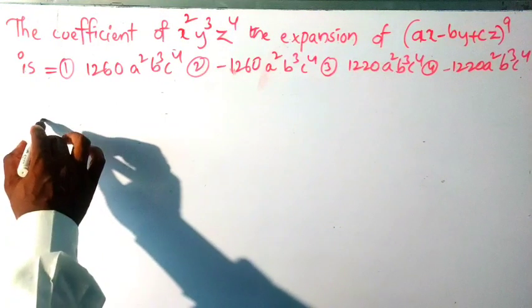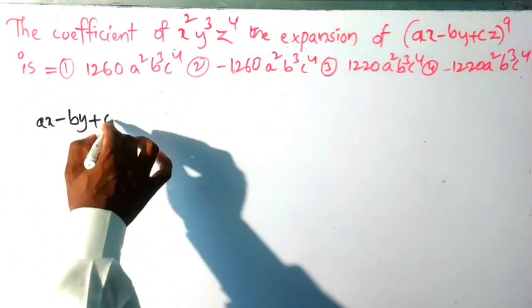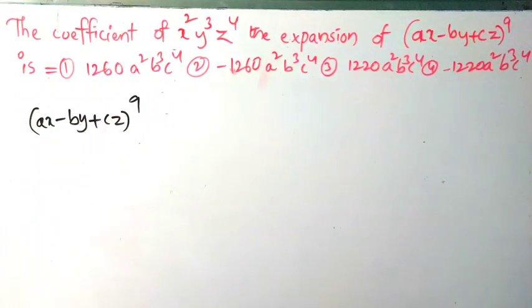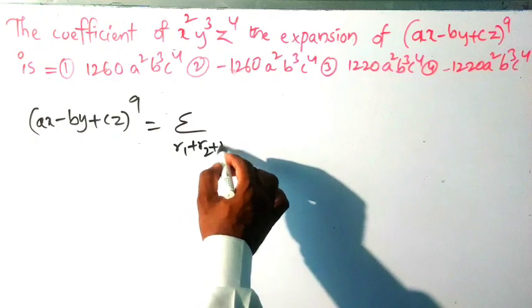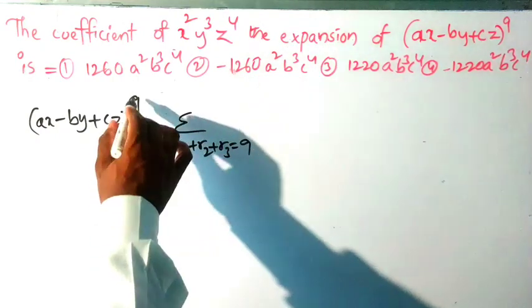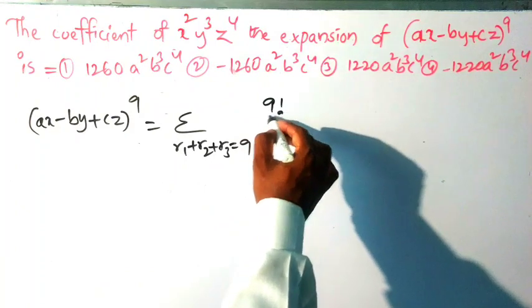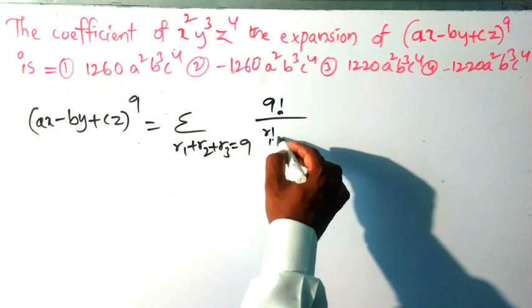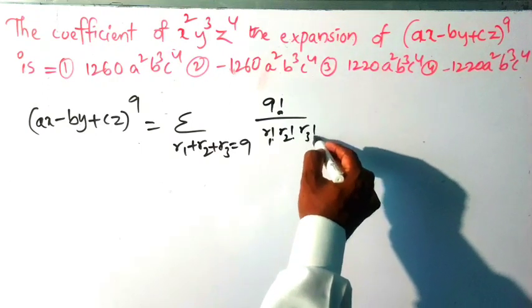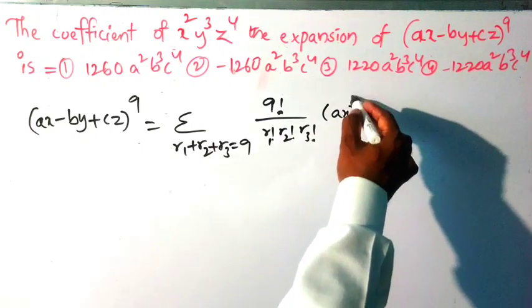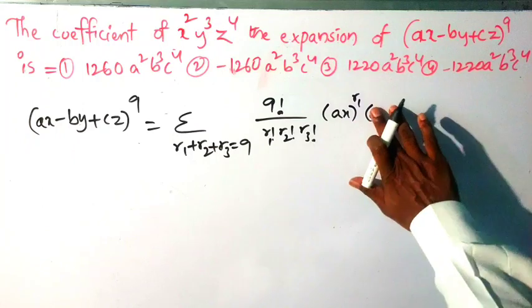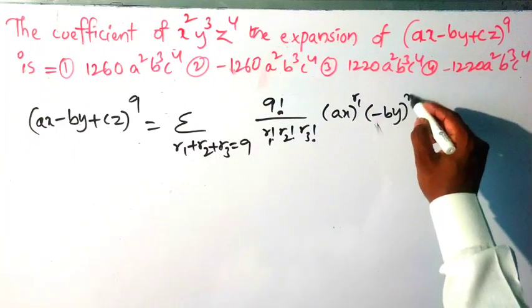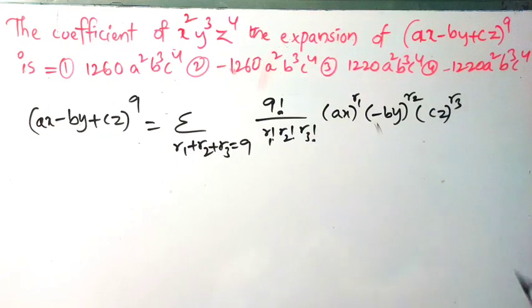Now the given expansion is nothing but ax minus by plus cz whole power of 9. So this is a trinomial expansion. How to expand? Summation of r1 plus r2 plus r3 is equal to 9. So 9 factorial divided by r1 factorial, r2 factorial, r3 factorial into ax whole power of r1, minus by whole power of r2, cz whole power of r3 we take here. So this is the trinomial expansion actually. We find out here